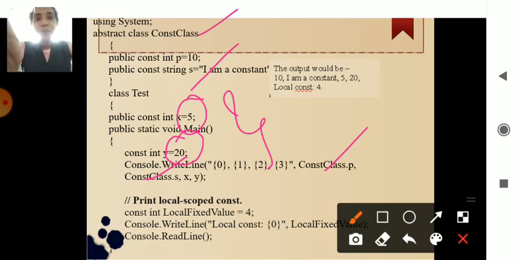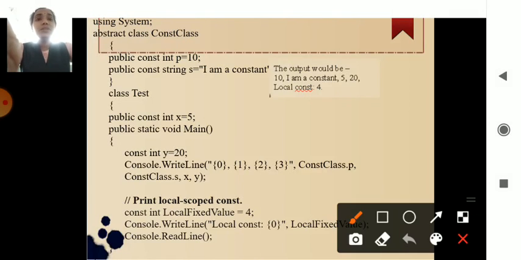When it is outside the class, I am referring to another class and getting the value, so I have to give that class name dot that particular variable name. Since these two are within the program, they are not represented with ConstClass.